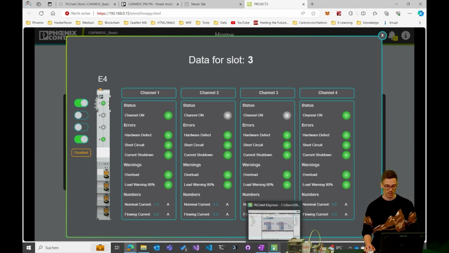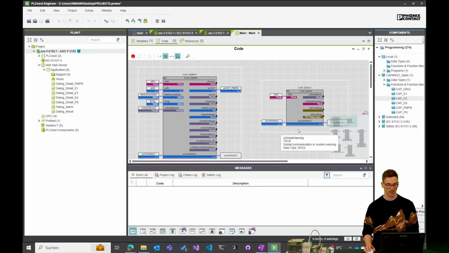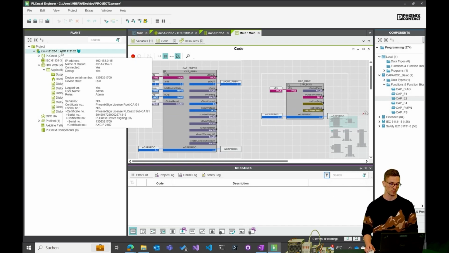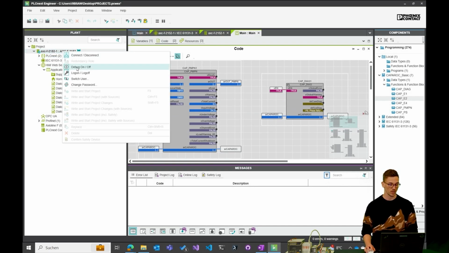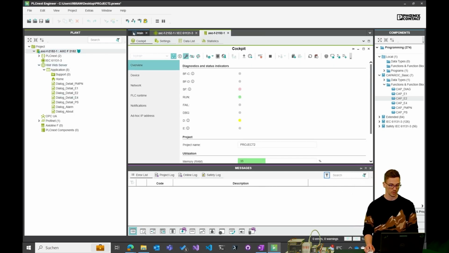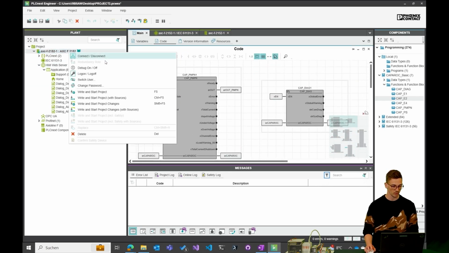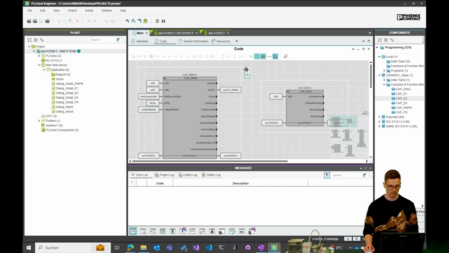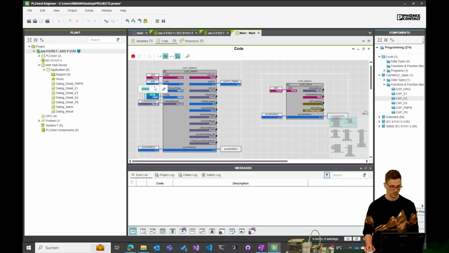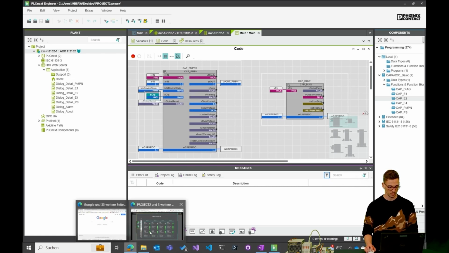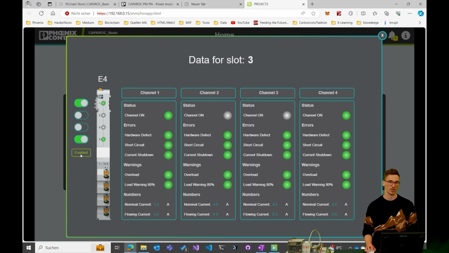And this is where the config byte of the cap PMPN function block comes into place. I explained that a little bit in the previous video, but here you can really see what I mean by that. So I can also do it live. Let's set the bit 1 to 1. You can see here it's enabled now.